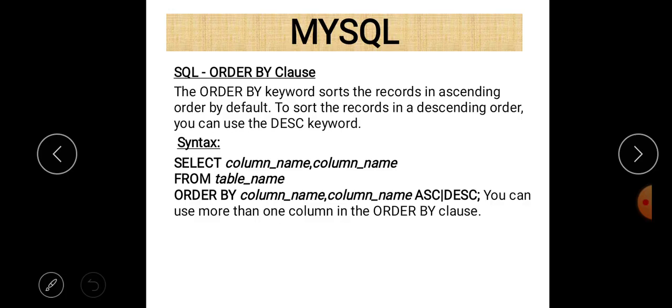And if there are 2 columns or more than 2 columns, it simply means that first of all data will be sorted according to the first column, and if values are found to be the same in the first column, then data will be sorted according to the second column. By default, data will be in ascending order using the ORDER BY clause, and if you want to make the data descending, use the DESC keyword after giving the column name. By default ascending order is there, but if you want to use ascending order intentionally, then you can use the ASC keyword also.